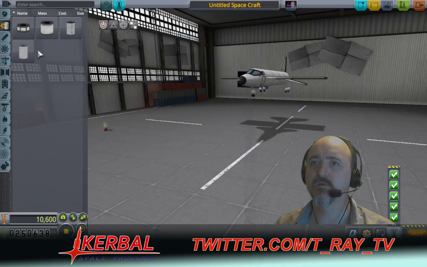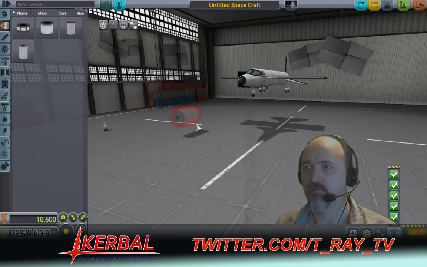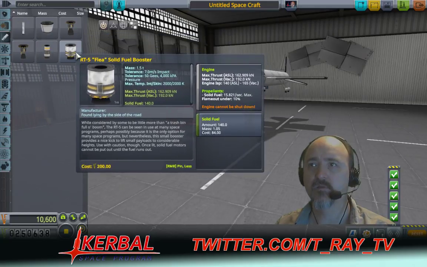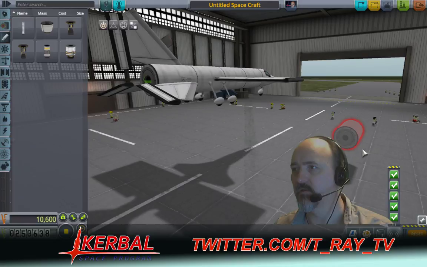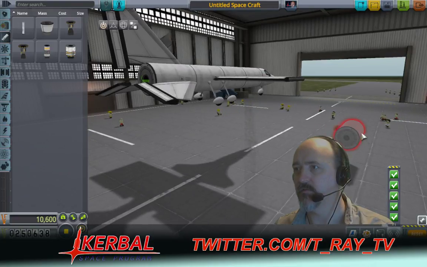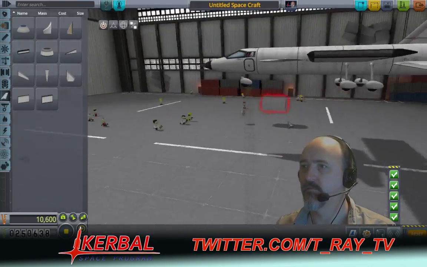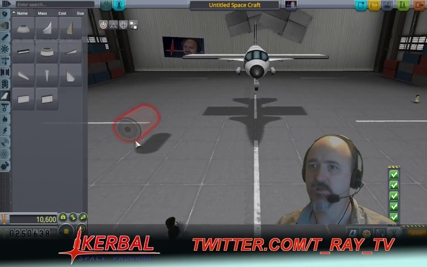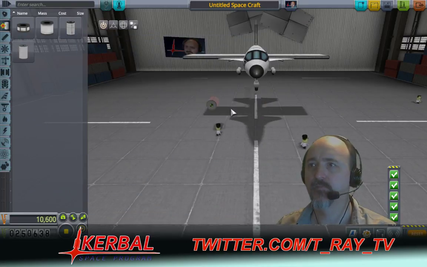Liquid fuel fuselage. Engine. Well, it's glowing red. It does not want anything to do with it. To someone who knows what they're doing, I'm sure this looks incredibly frustratingly hilarious. Well, let's...